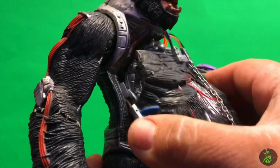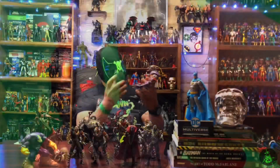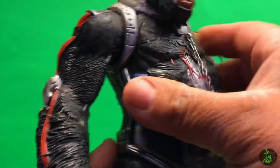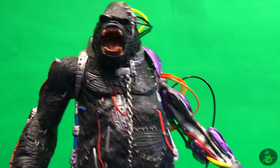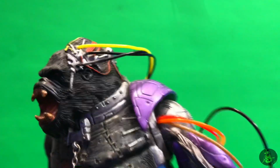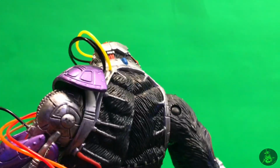So if you pick this guy up, make sure he has the little ape figure. It's well worth it. But even inside there, there's tons of sculpt work where the little ape sits. But like I say, he's an awesome figure. You could pick him up. Pretty cool rendition of Cy-Gor there, and a pretty big figure as well. This is where you start getting into the bigger McFarlane figures. That is number